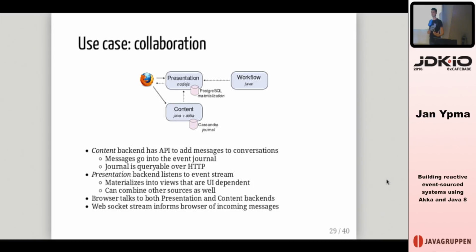So even though they didn't really use Akka or any of those technologies, we could just view that database as an event journal as well, and use the same kind of techniques to intermix the chat messages with some semantic changes that happen to documents and provide it in a unified way to the user. And that's not something we deliberately did up front. This is something that comes as a result of this asynchronous architecture where at any point you can decide, ooh, the way that I stored this data here in Postgres,